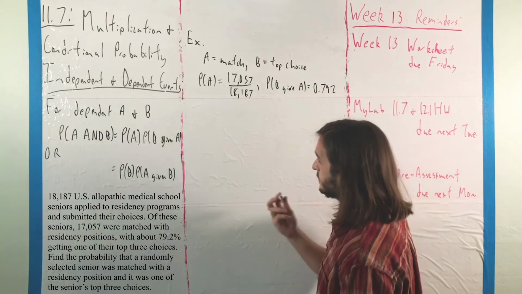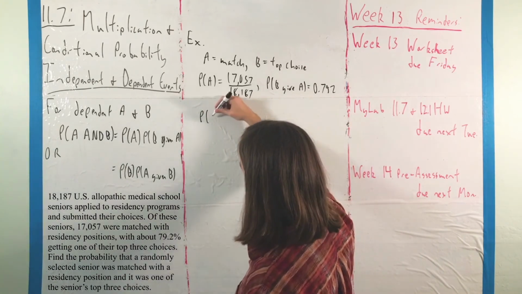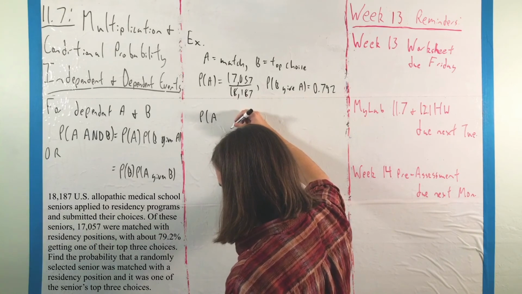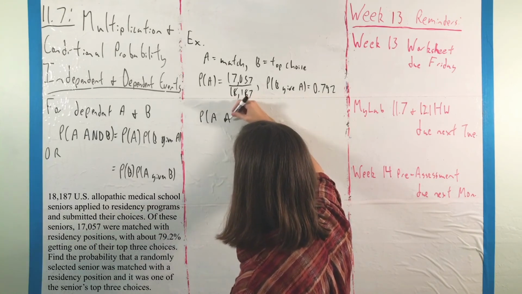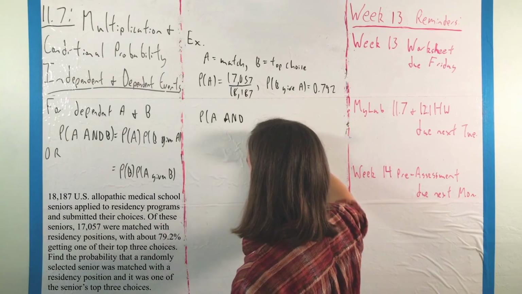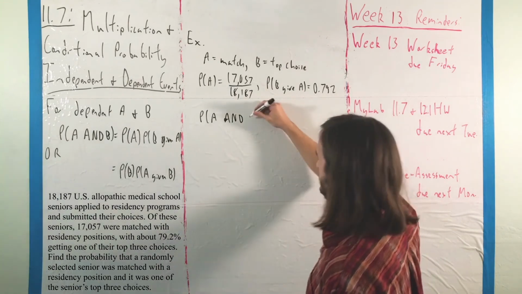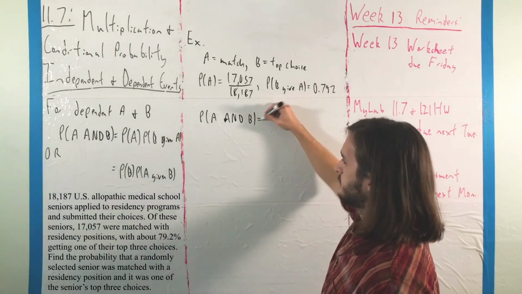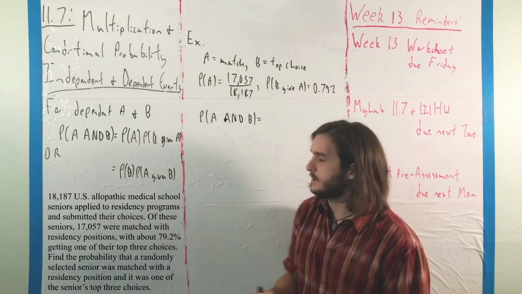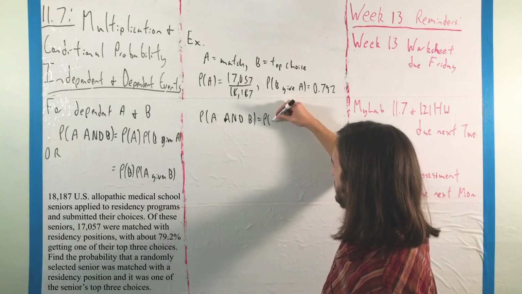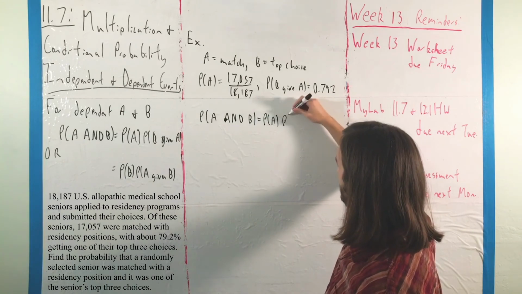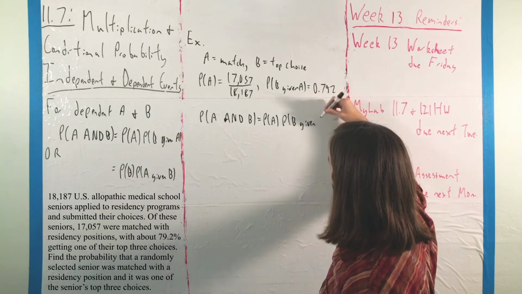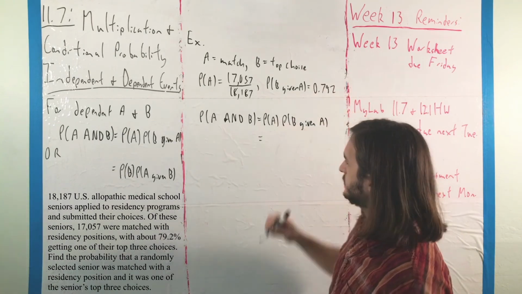So if we want to find the probability that they match, and that the program they match with is a top choice, the probability of A and B, using this idea for dependent events, it would be the probability of A times the probability of B given A, which here